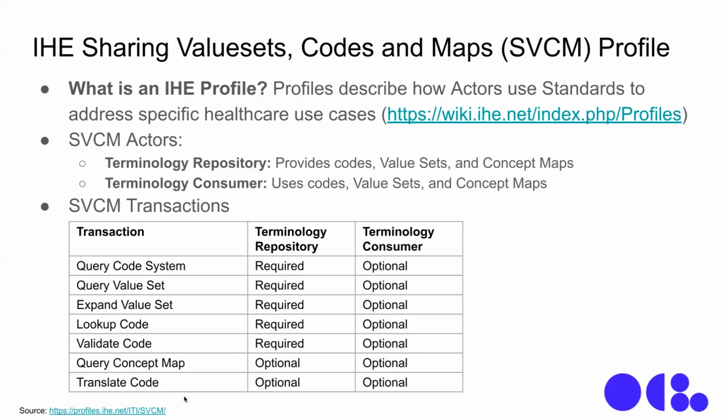And so the transactions that are described in this profile line up very nicely with how OpenHIE and the architecture spec talk about this. There's the discovery transaction, so querying code systems, value sets, and concept maps. So these line up exactly with the OpenHIE. And then there are the operations. So expanding a value set. I want to retrieve the contents of a value set, or look up or validate a specific code, and then